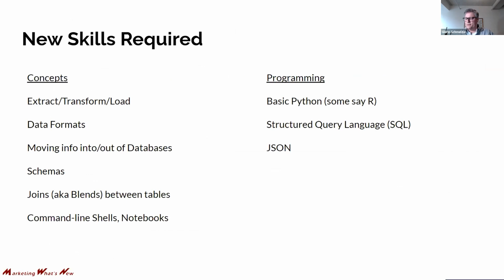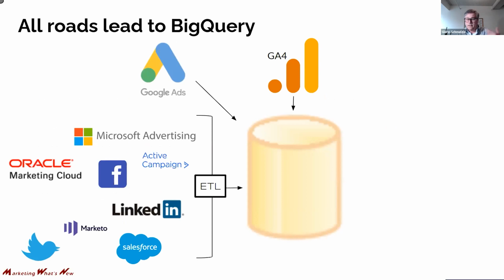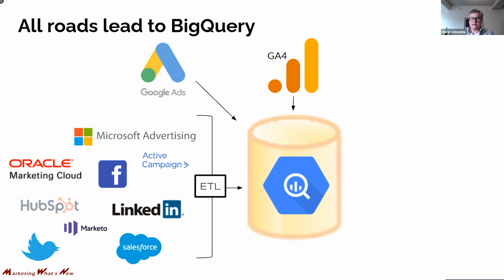But moving on to how this might look once we've got it all put together, we have this large cylinder in the middle. That's going to be our BigQuery, and BigQuery is bringing all this data in. Like I said, things like Google Analytics and GA4, they're touching directly into BigQuery. Every night, if you want, you can have that day's data dumped into BigQuery. As I said, for the other non-Google products, we can also have those in via ETL services. So all roads lead to BigQuery. All the data gets put in there.